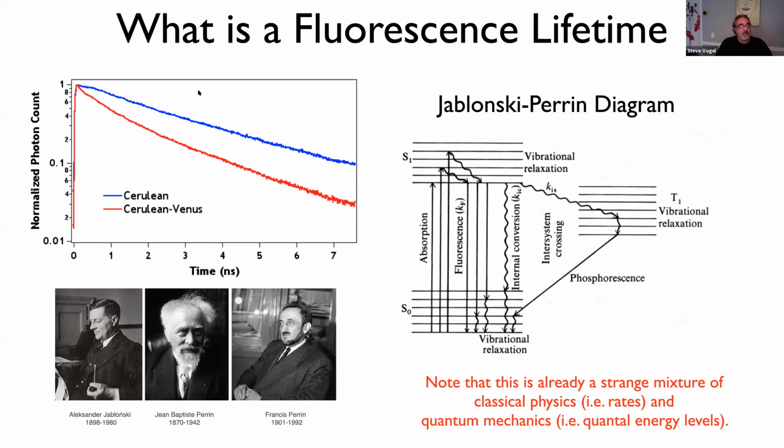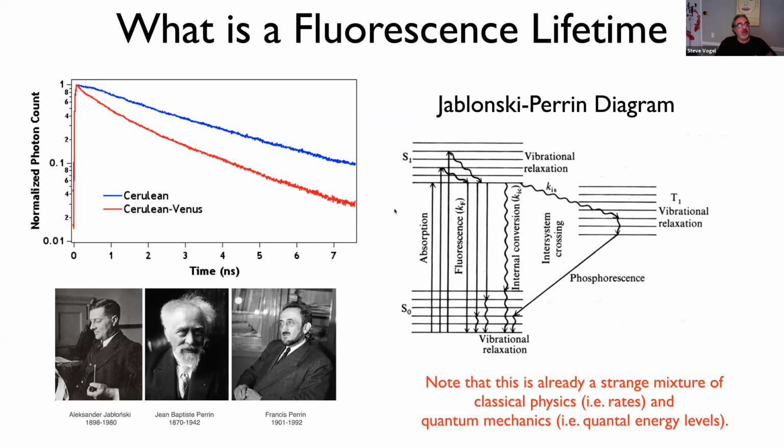Okay, all of them were living in a period where quantum mechanics was this newfound science in the 1920s, and they were reframing things. They were all really interested in whether we can understand this decay of this fluorescent signal in terms of quantum mechanics? And long story short, it ended up in this diagram shown on the right, the Jablonski-Perrin diagram, which